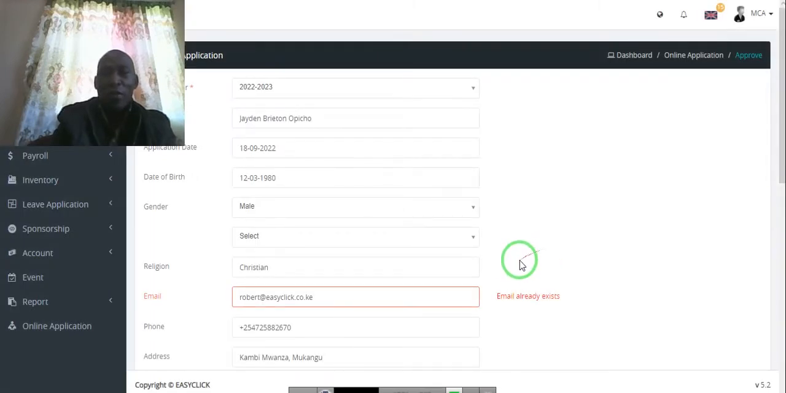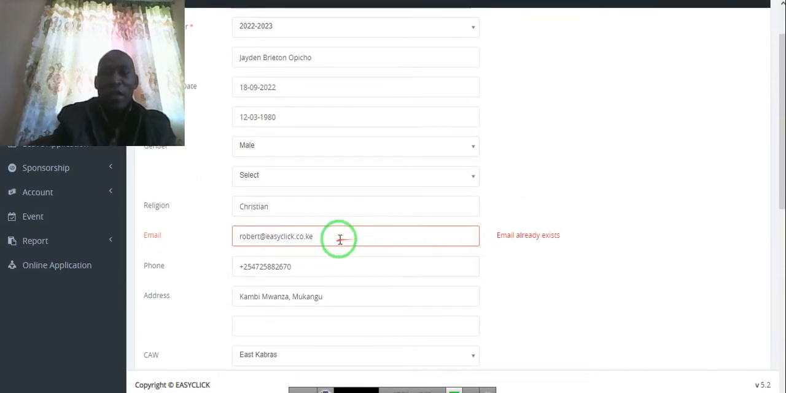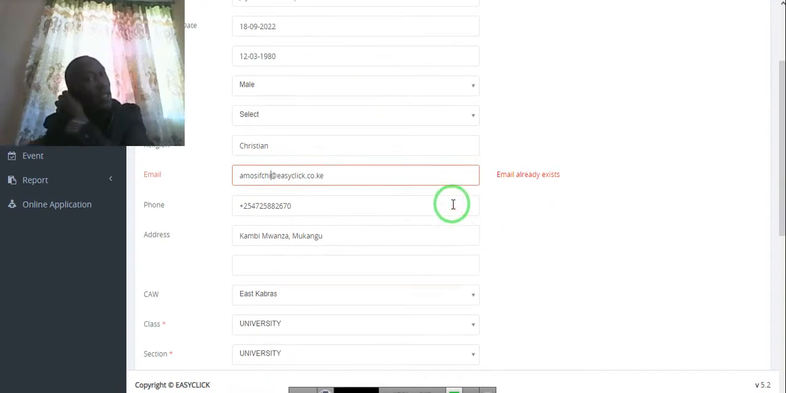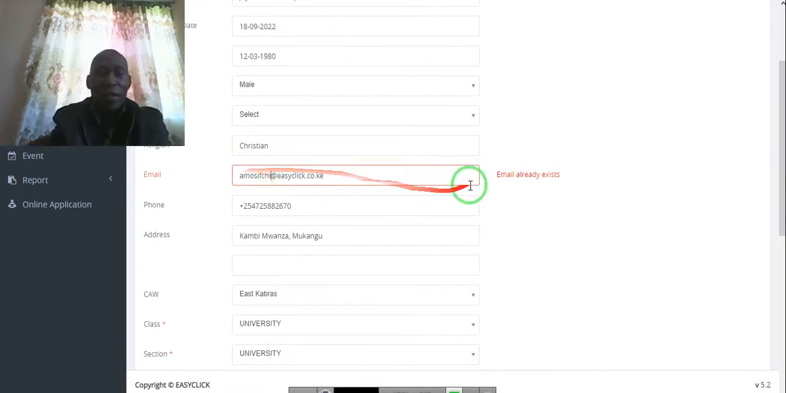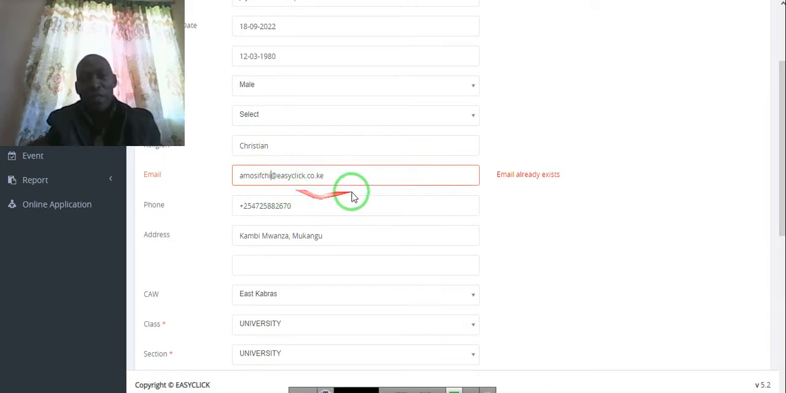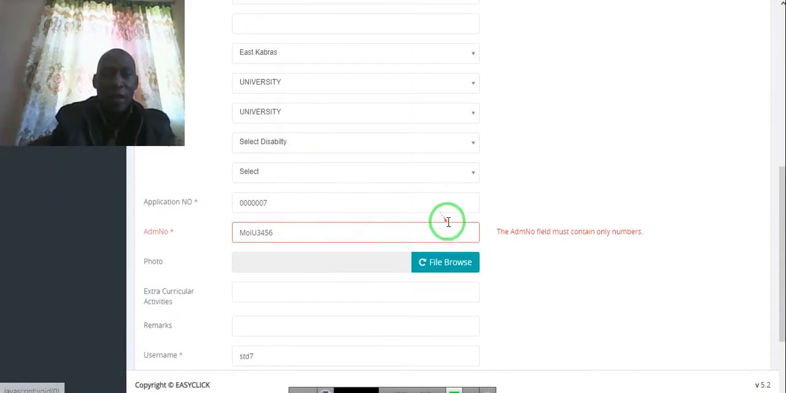Once they click on approved, if there is another email address in the system, it will warn you there's a duplicate email in the system. So this person is supposed to give us another email address which is functional. In this case, we want to assume this person has another email address, so they give us this one. Now they click on it,